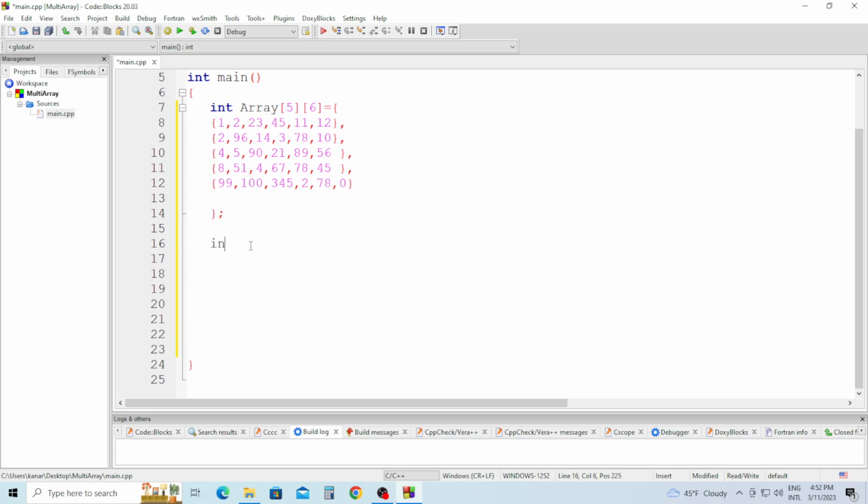So right now we're going to declare two integers, int x comma y, semicolon, and int sum equals 0, semicolon, and we're going to declare a nested loop for x equals 0, semicolon, x less than 5, semicolon, x plus plus, and this is the first loop, and in it there's another loop for y equals 0, semicolon, y less than 6, semicolon, y plus plus, and in y we're gonna sum it all up. Sum plus equal